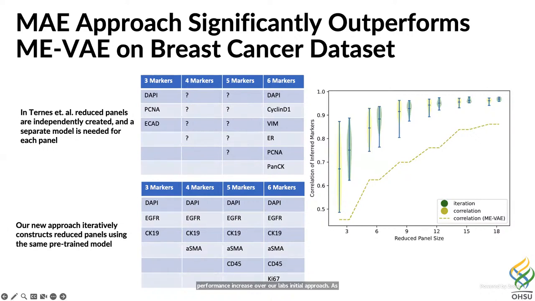process. Here we compare between the MEVAE model and the MAE model on the same breast cancer TMA data set. And we evaluate the Spearman correlation between predicted mean intensity values for the withheld markers using 6 different reduced panel sizes. The yellow dashed line represents the performance of the MAE model on the panel size of 3, 6, 9, 12, 15, and 18. And the yellow violin plots here represent the performance of MAE using the same panels. And then the green violin plot here represents the performance using the reduced panel selected via iterative selection that I